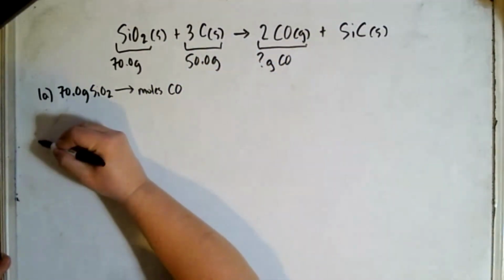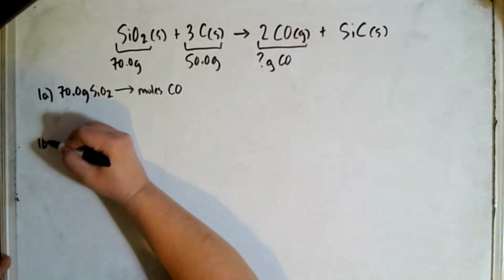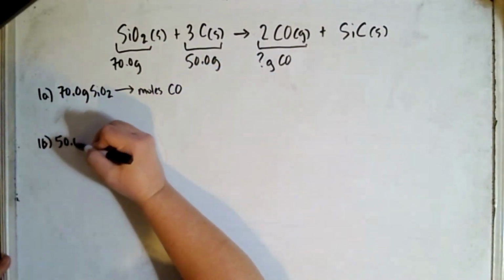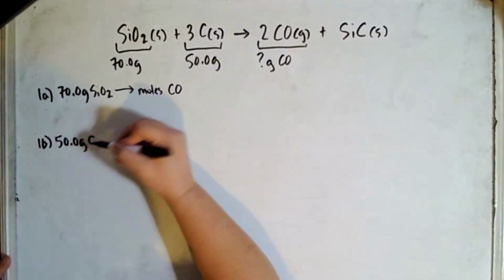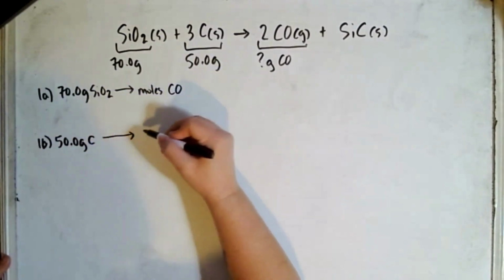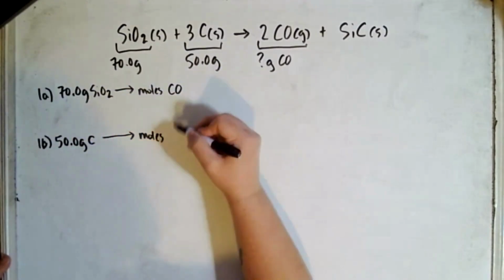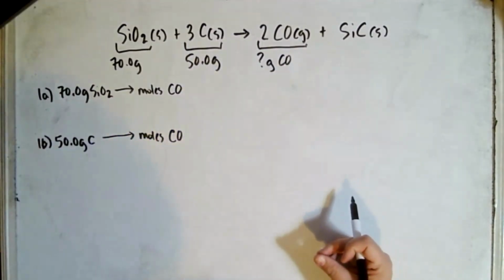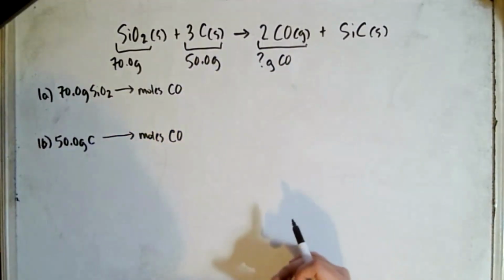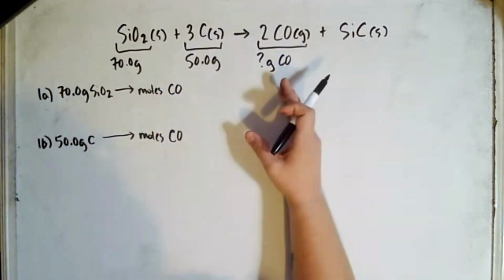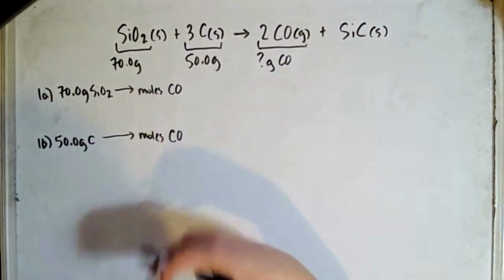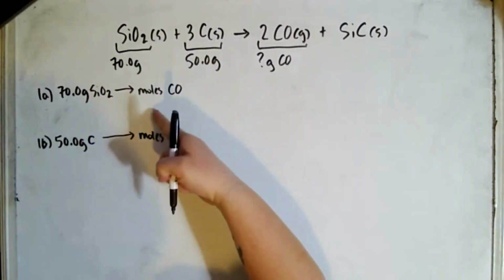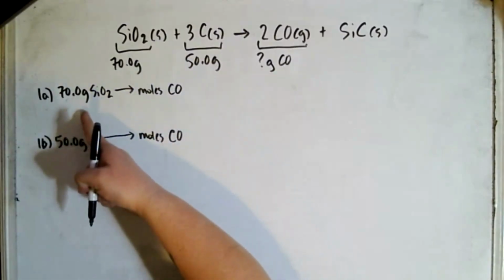Okay. And then in our second step, we'll call it step 1B, we'll take our 50 grams of carbon and we're going to figure out how many moles of CO that will form. Okay. And we're just going to focus on the reactants and the product that are mentioned in our question. Okay. But we're going to know that for this part, if they're giving us a mass value to start with,